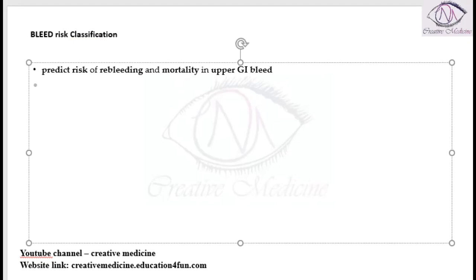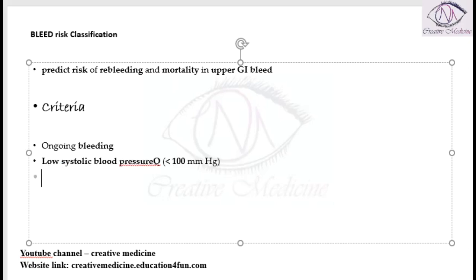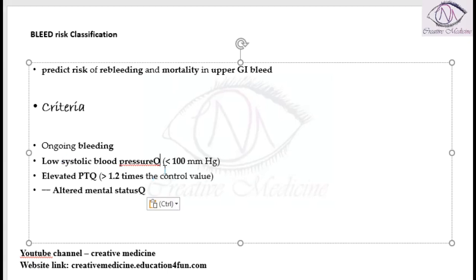So, it actually has 5 criteria. If you see the criteria of the bleed risk classification: B for ongoing bleeding, there can be low systolic pressure of less than 100 millimeters of Hg, elevated prothrombin time which is more than 1.2 times that of control, or there can be altered mental status and presence of uncontrollable